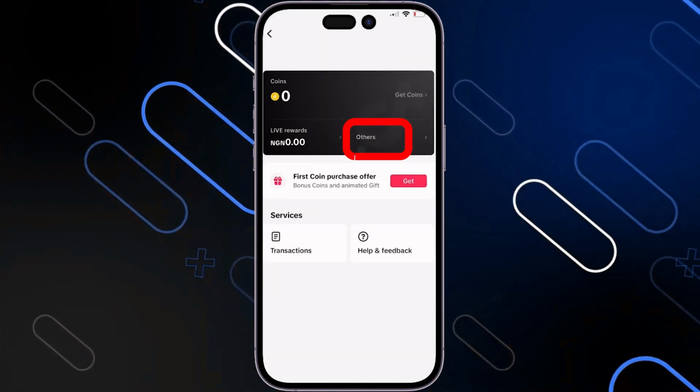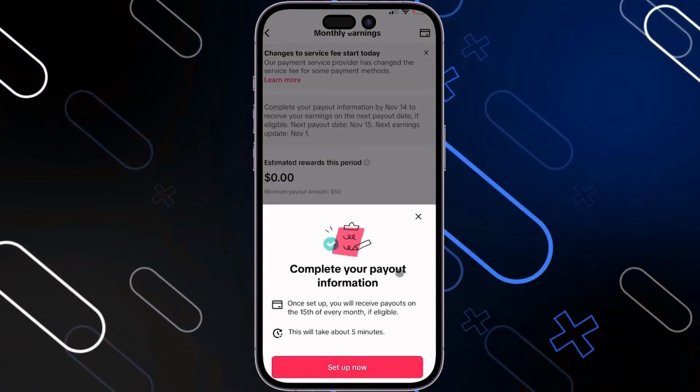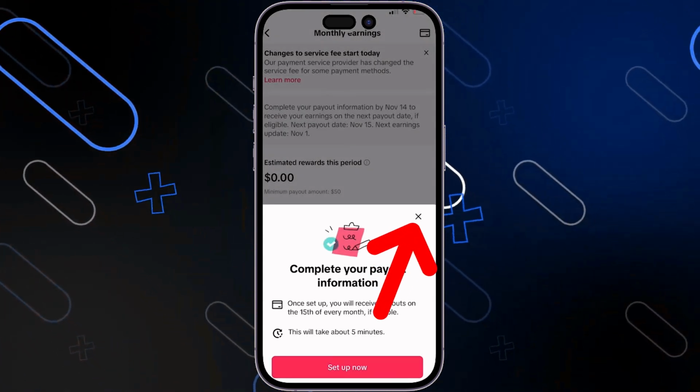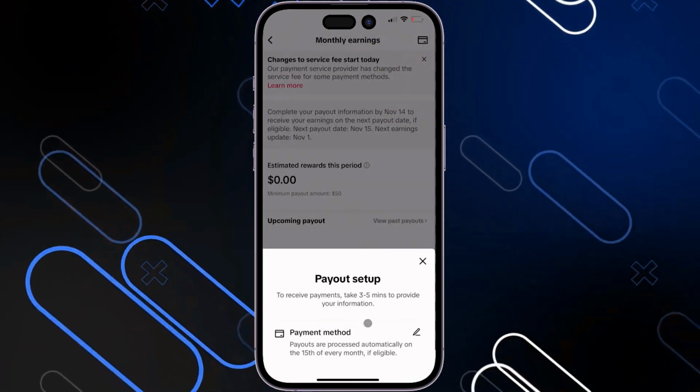After that, you'll have to click on others right here. Now click on monthly earnings. Then it will show you this message. Just click on this X icon. Then now you will have to click on this card icon on the top right side, then choose payment method,